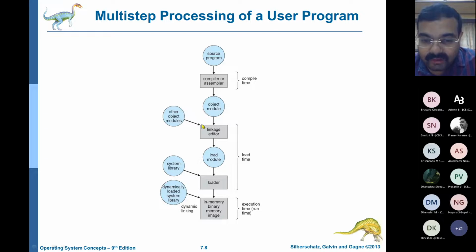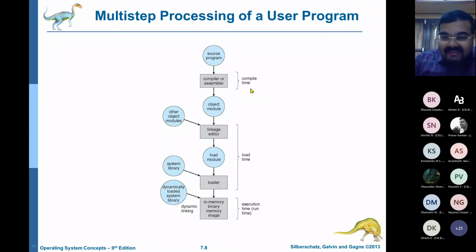The linker and loader will load all these things, and the loader may take supporting files that are needed, like stdio.h. When you are writing a C program, you need stdio.h or library functions. Without that, you cannot execute the program. So the program has first been converted from a source file to an object file. It has been linked and loaded and linked to all the header files, and only then can we execute.